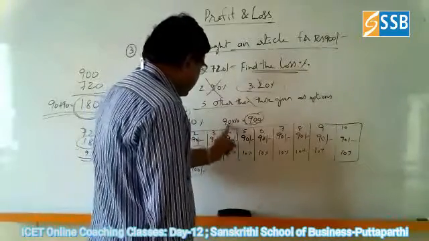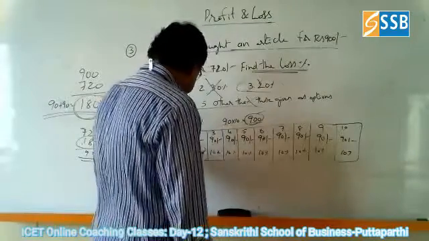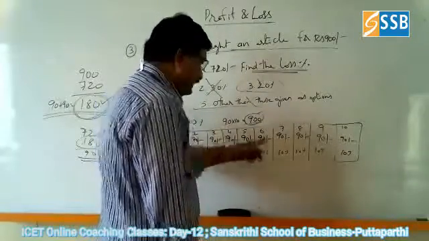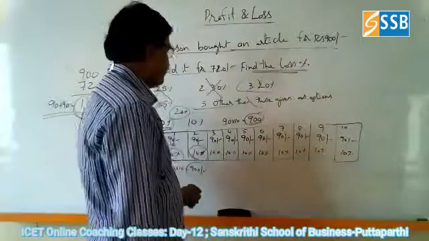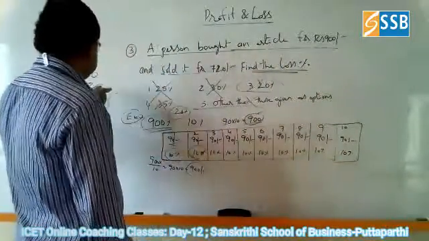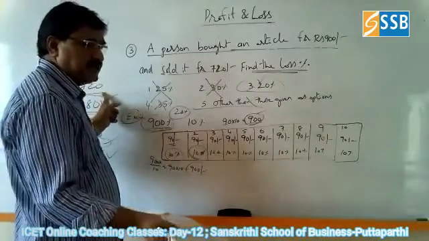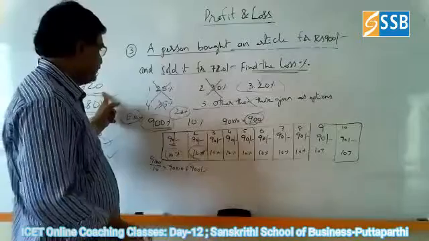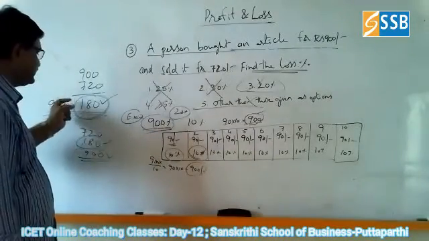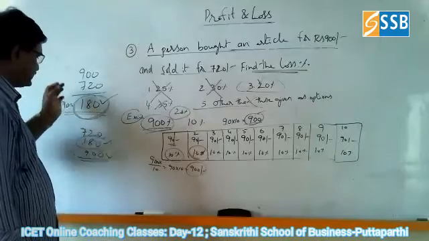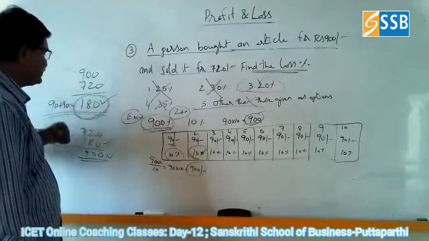So we can say, sir, 90 rupees each part into 10 is equal to 900 rupees. That is called article price. But he sold for 720 rupees. I said, sometimes you have to sell to the customers. Sometimes you have to sell in the market for lower price. At that moment, what is his loss? His loss or her loss? 180 rupees. This 180 rupees, what is the percentage?